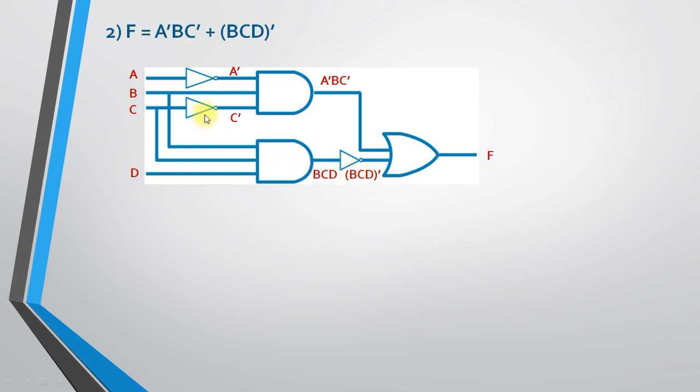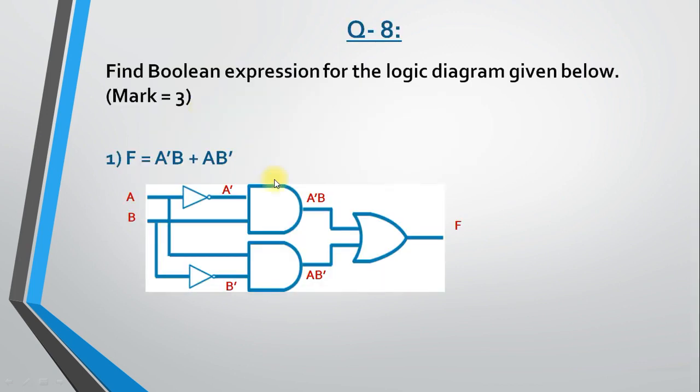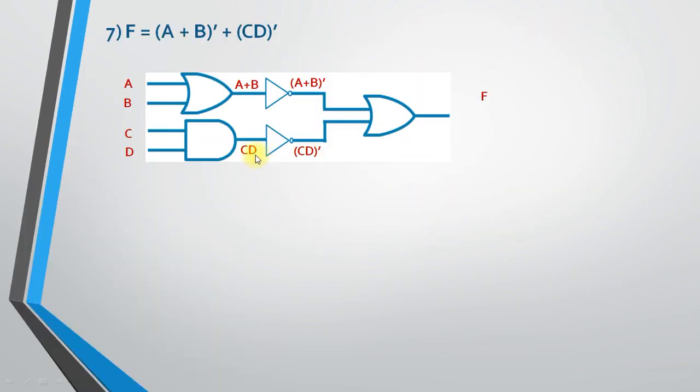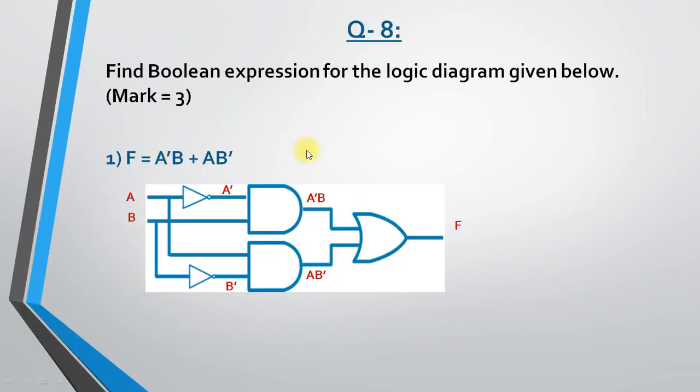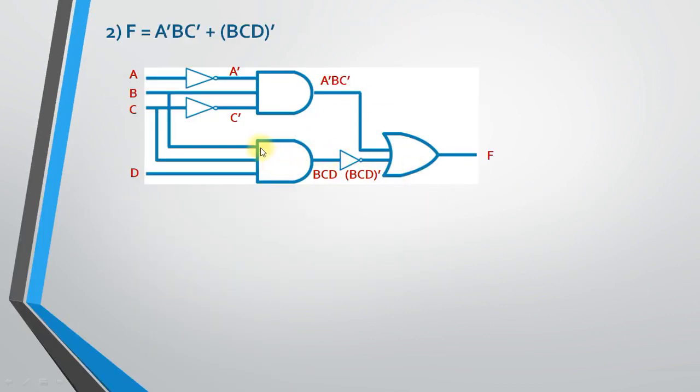This we have already seen in the previous figure. Let me show it. This one, CD. When I put NOT gate over here, I will get whole dash sign. This is the same as our example. After passing the value of B, C and D inside AND gate, I will get result BCD. Again we have one NOT gate. So when you place NOT gate, you will get BCD whole dash.